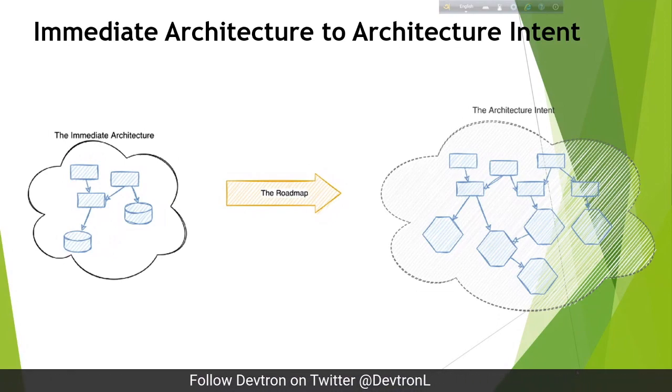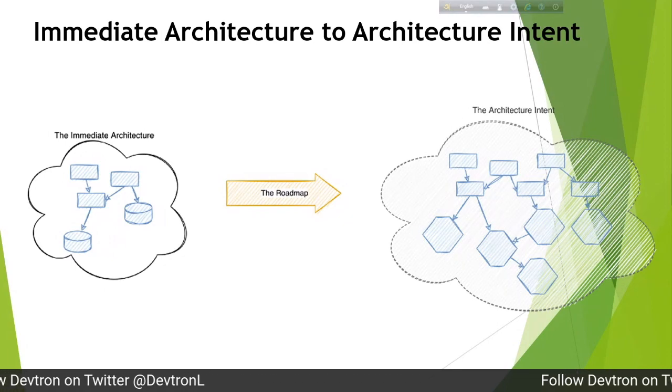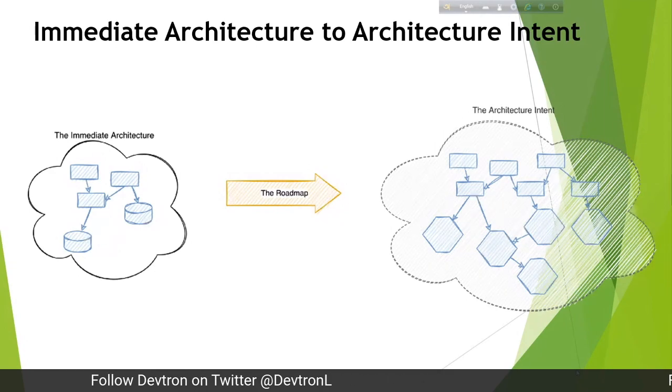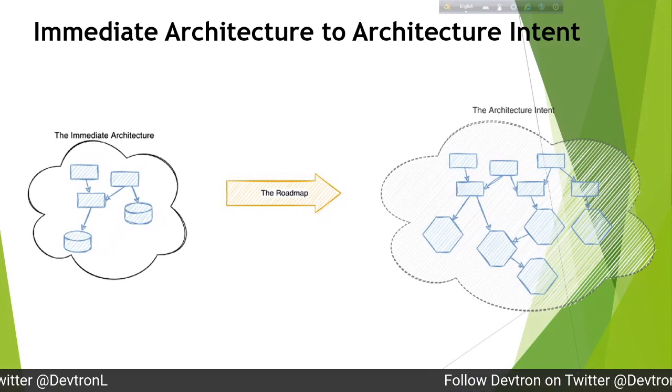My architectural intent cannot change that much, because then it would be complete chaos every sprint if I change my architecture. Today I have a database server. Tomorrow I am saying, no, I will not use a database server, I will use a cache, Redis cache. This cannot go on. But yes, in my architectural intent, I might have a Redis cache and a SQL server